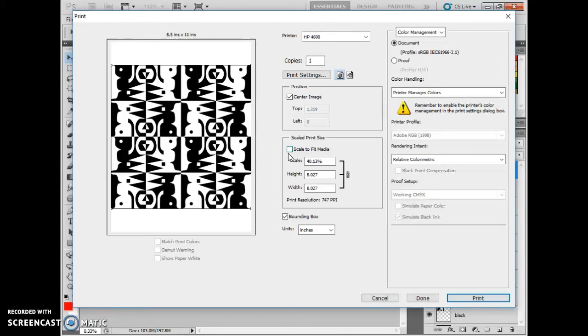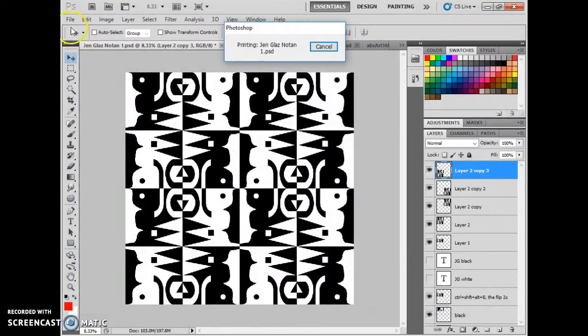Now, if this document is too huge and it's taking a long time to save when you're done, you can actually change the size. Actually, it's taking so long, I'm just going to go ahead and print it. You can change the size of it here. So it's not a big document. You can bring it back down in size so the save doesn't take as long. Now you can see it's really backing things up. Sorry about that. But if you go to image size,